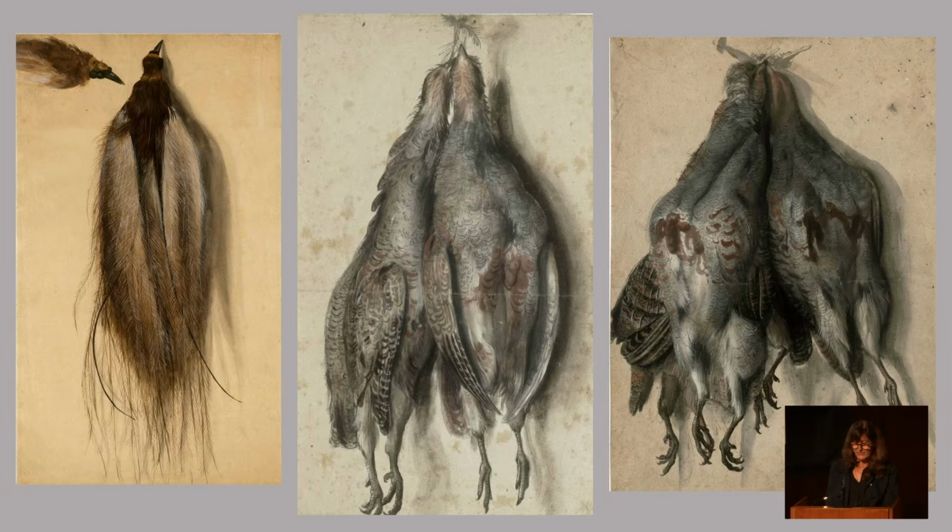A nearly life-size nature study of two dead partridges impresses with its accomplished depiction of the varying textures of their plumage, the light, soft, almost airy down feathers and the darker, firmer wing feathers. The combination of loose, broad, and flat brushwork with more nervous strokes applied with the point of the brush demonstrates Lucas Cranach's own hand, as does the skillful rendering of the birds' limp, hanging bodies, their uncanny physicality emphasized by